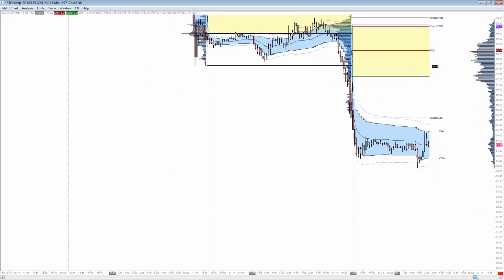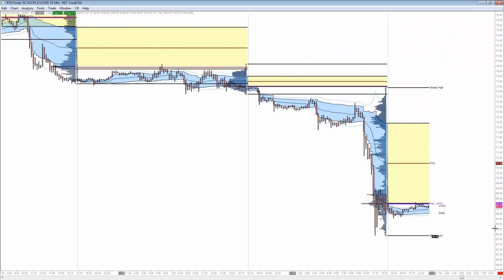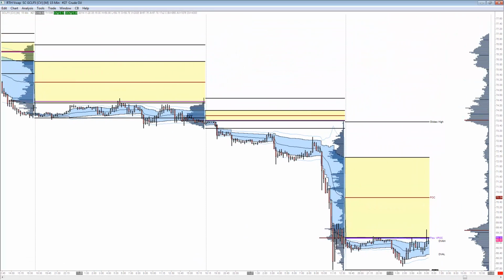So on the Wednesday, we just see this two-way trade. I was in the pit session, just buying the lows and selling the highs. I don't care where we're trading, if it's the yearly high, the yearly low, the all-time highs, all-time lows. Once we have a bracket and range, I will buy the highs and I will sell the